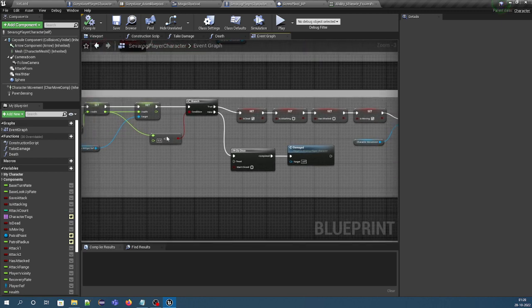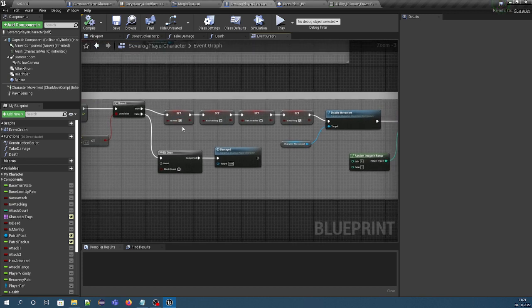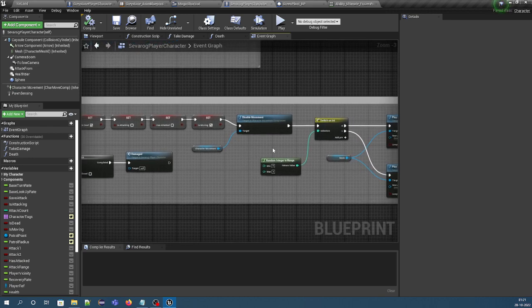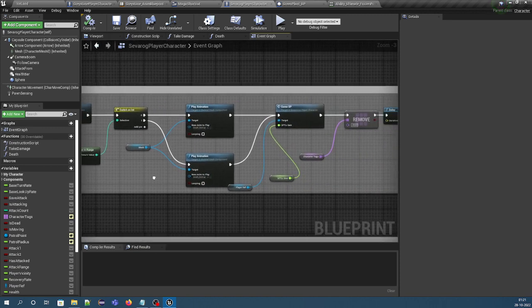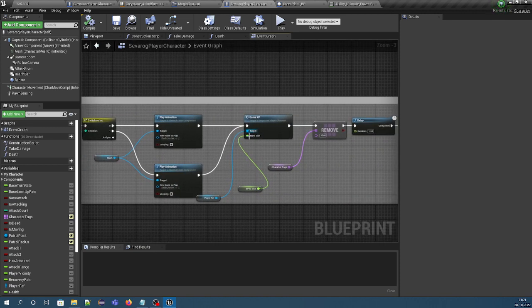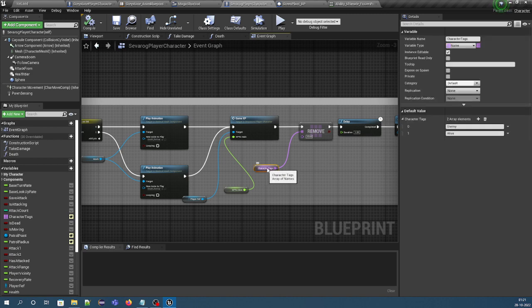And then we check whether the health is 0 or not. If it is 0, then we mark is dead as true, we mark is attacking as false, and we disable the movement. And we can play one of the two death animations that I have, and then we give the game XP for killing, and then we remove the alive tag from the character tags,